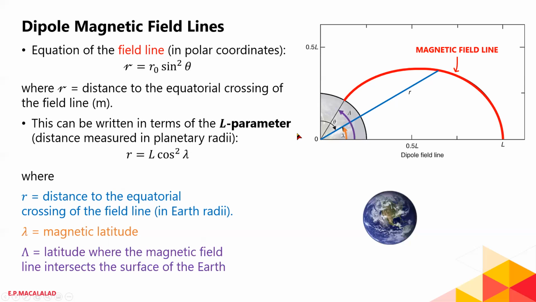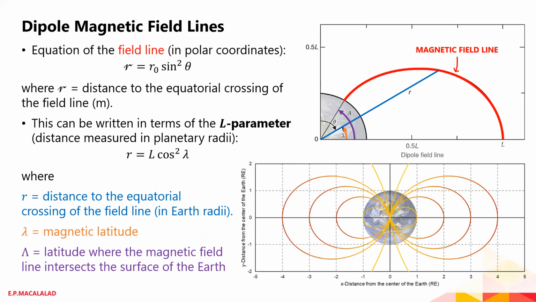So for example, for the Earth, you can actually do this in Excel. This is very easy to do in Excel. So this is the Earth. The L parameter for the Earth is 1 when the point is at the surface of the Earth. So if L is equal to 1, you are at the surface of the Earth. If L is equal to 2, you're already twice as far from the center as you are on the surface of the Earth. So if you're going to draw the magnetic field lines using this equation,